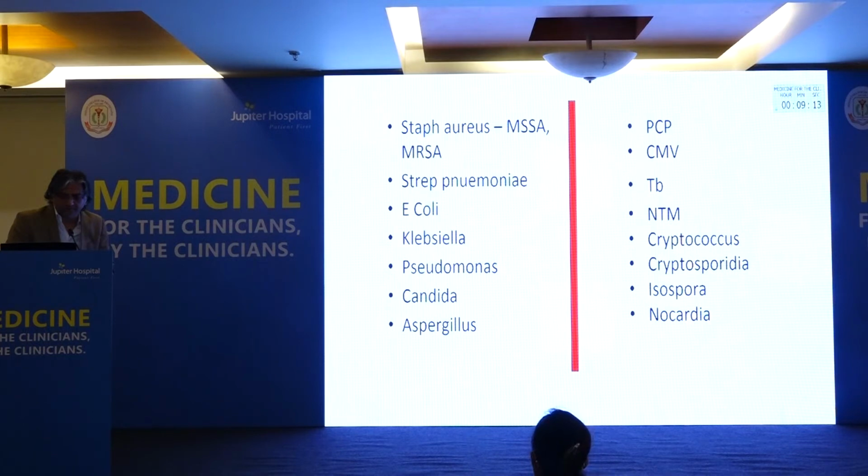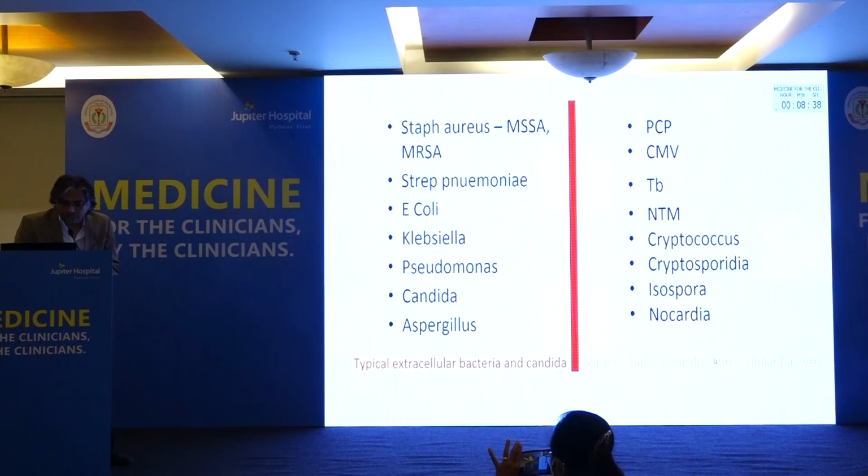So all of these organisms have their sources and their different presentations, but just to highlight that in different immune compromised states you get different kinds of bugs you expect. Of course, this is not a hard and fast iron tight rule. I mean, an HIV positive patient can obviously get an MSSA, MRSA, pneumococcus, everything, but the pattern has to fit, the syndrome has to fit, and what you expect in what situation is a little bit different. So the approach has to be a little bit different.